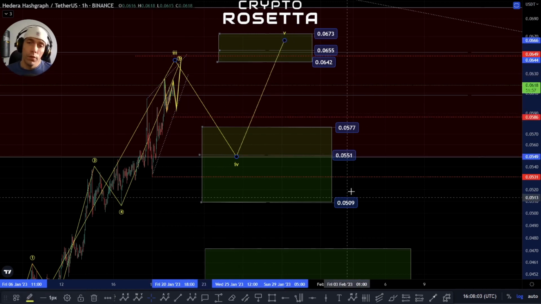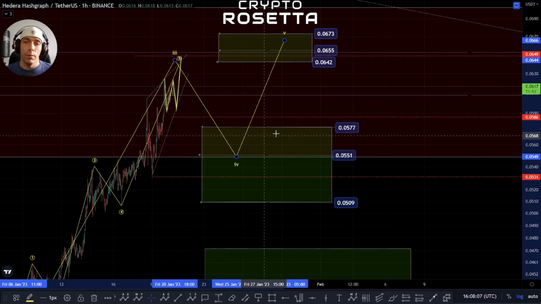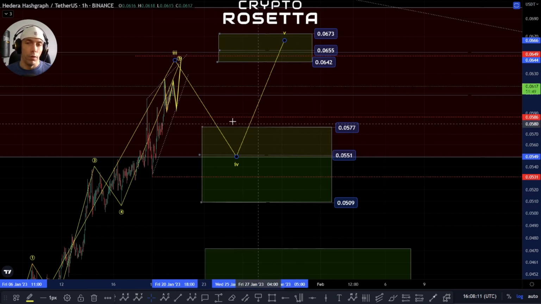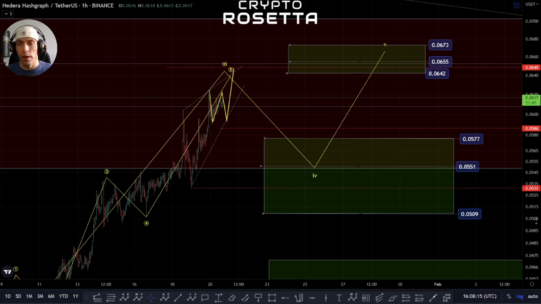So this zone here is currently the fourth wave zone. If we do push up a little bit higher, it might change this slightly, but it would still be within this sort of realm that we'd be looking to come to. So all of these diagonal options rely on actually staying above this 0531. If we do break down from there, then we would have to sort of